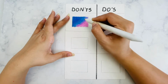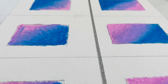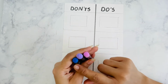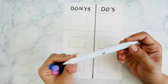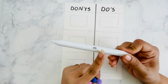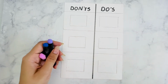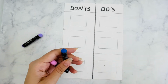So let's get started with the do's and don'ts for the blending stump on oil pastel. I have chosen 3 colors here, 3 oil pastels: pink, purple and blue. You can choose any color you want. And I took number 5 blending stump. You can take either number 4 or 3. Try to practice with the bigger blending stump in the beginning, and then you can go with the fine later on. So first what I'm gonna do,